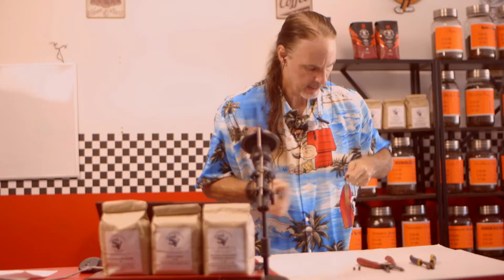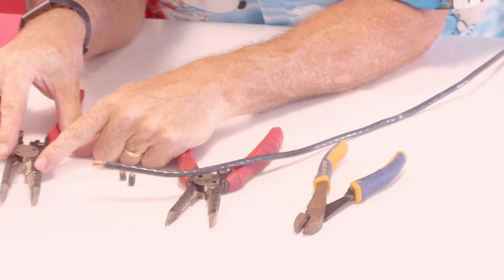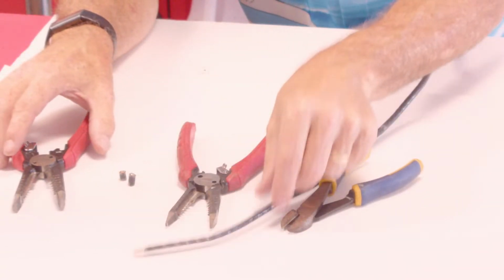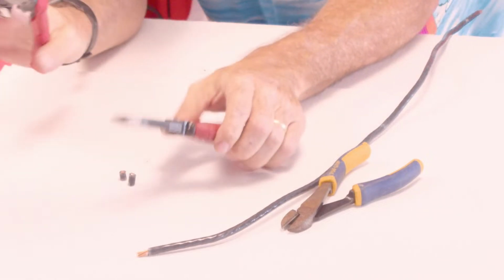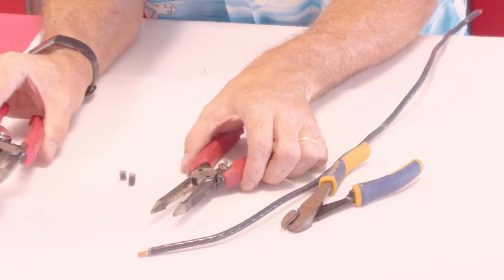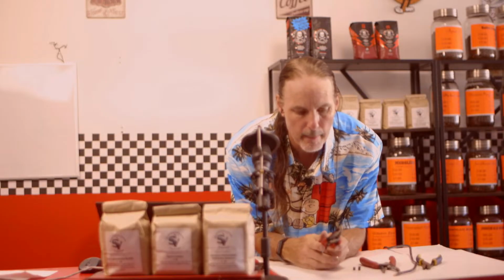And basically, they allow you to strip items. They've got set sizes here for both stranded and not stranded. And depending on the size of your hand, you might prefer one or the other. I cut 1/0 wire with these when I was building my system. And they really do a good job. I haven't had any problems with them. And everything is